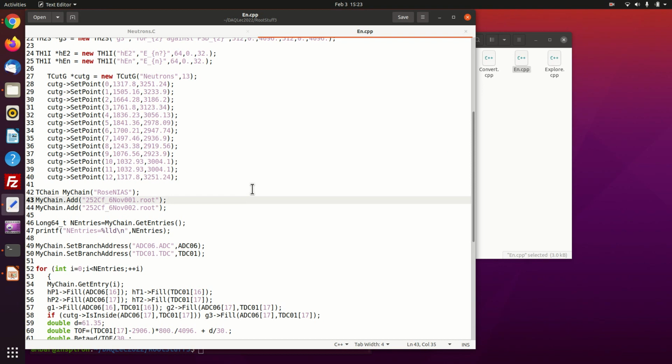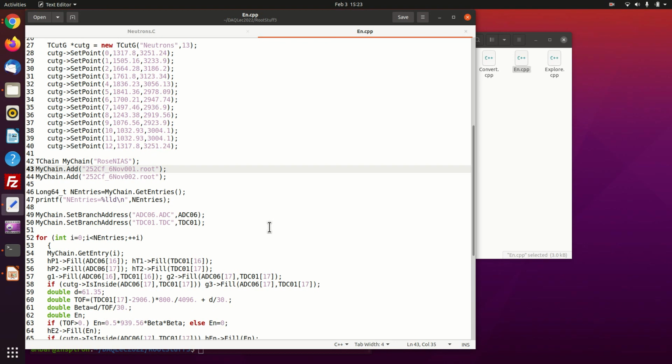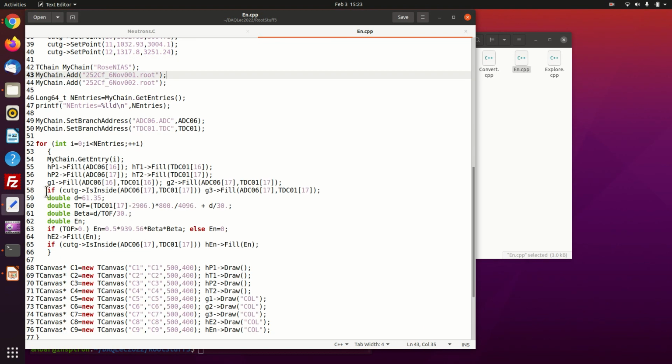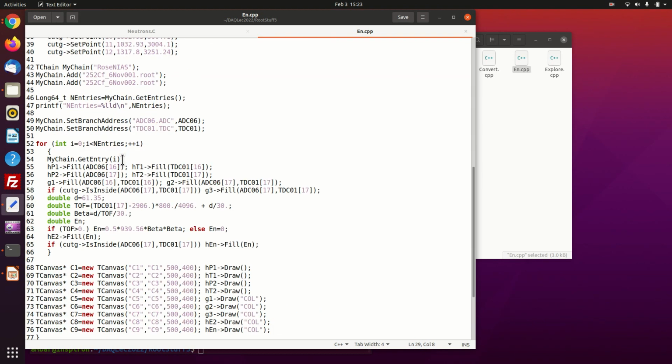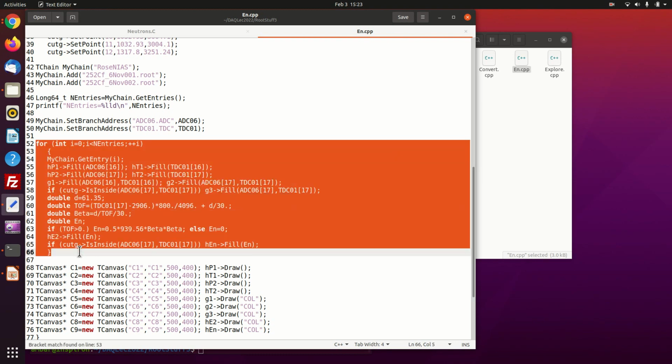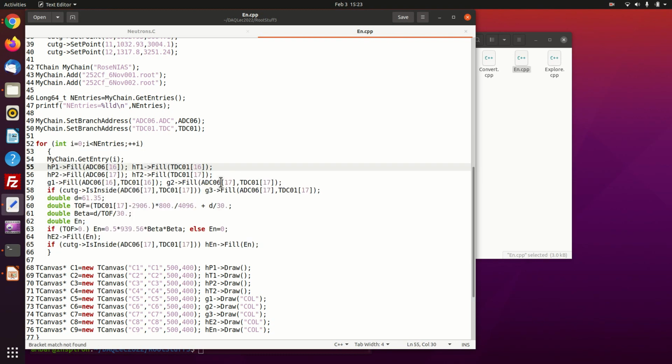So this is the important part. The rest of the code is the same, but a new part is this. First this one. Here a new command is introduced. It is called is_inside. So this checks against cutG, which is the name of that polygon. This is cutG. Whether a point is inside the polygon or outside it is decided by this function called is_inside. While I am inside my event loop,